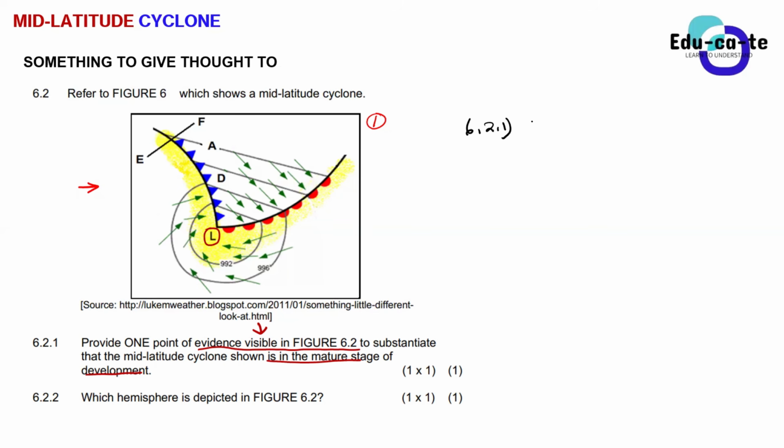Yes, Yangoba? So, I also wanted to ask if my answer is correct. I said the cold sector is larger than the warm sector and it doesn't have an overlapping polar front. Okay, so you are answering in the negative. Yes, it doesn't have an overlapping polar front indeed. You are trying to say that it is not the occluded stage, right?